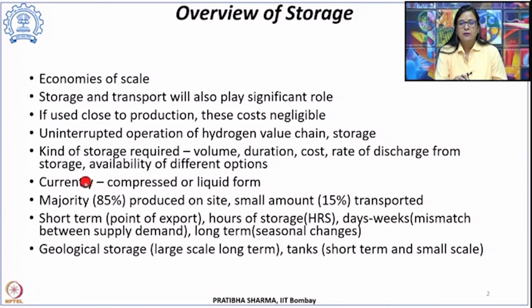Now currently, in today's scenario, most of the hydrogen is being stored in its compressed form or in its liquefied form. These are usually in tanks for stationary and mobile applications. Currently, the majority of the hydrogen which is being produced is utilized on site. So 85% of the total hydrogen being produced is utilized on site. Only a small amount, that is 15% of it, is being transported,